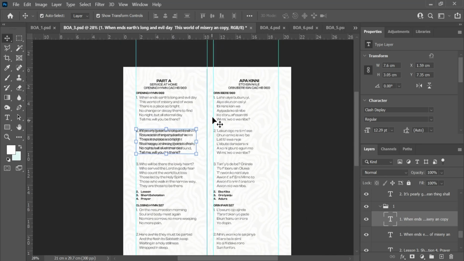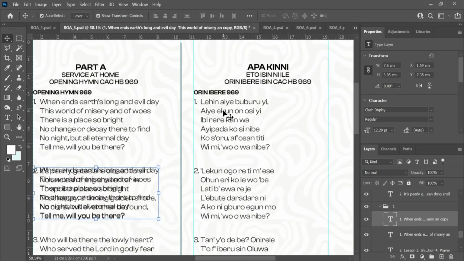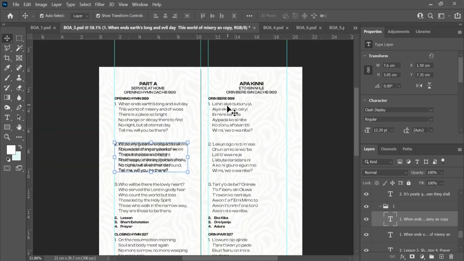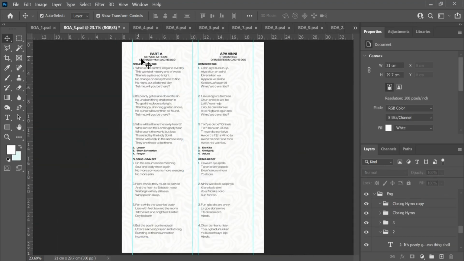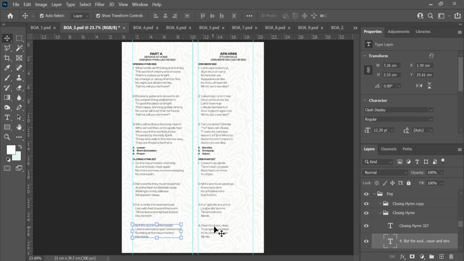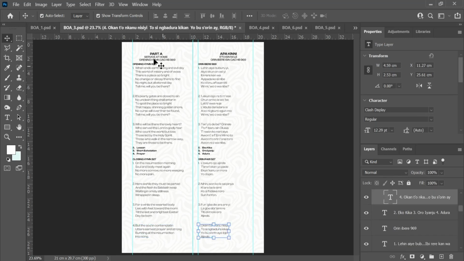So also I duplicated everything back here, then I also typed the Yoruba version as well. So basically that's that about paperwork from Photoshop. That's basically how I did everything from beginning to the end. So this is number 3. Then when I was done with this,